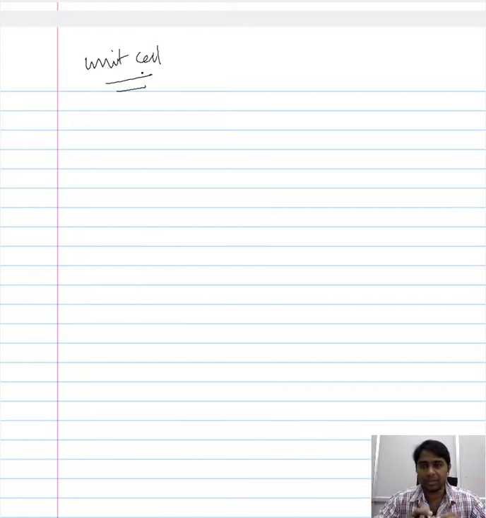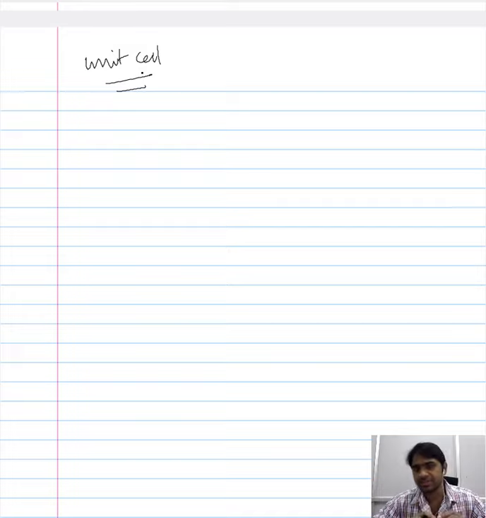If we are able to construct a unit cell, and by repeating this unit cell in 3 dimensions, you will ultimately be able to reconstruct the atomic arrangements in a crystal. So therefore, depending on the atomic arrangements in a crystalline material, the atoms present in the unit cell or the position of the atoms within the unit cell would vary.